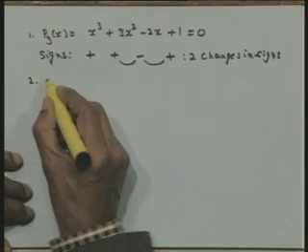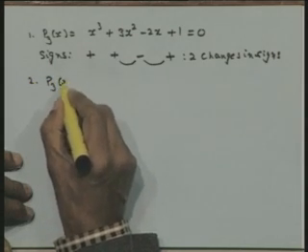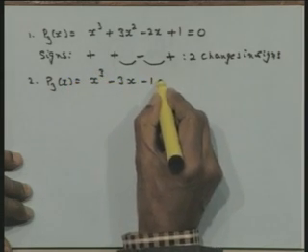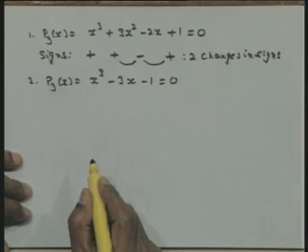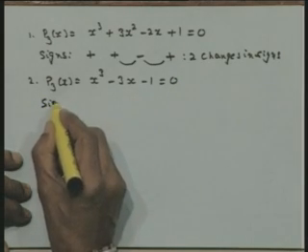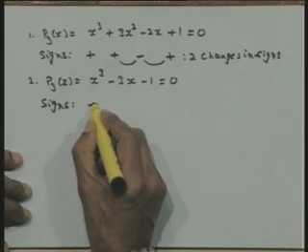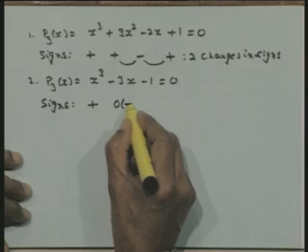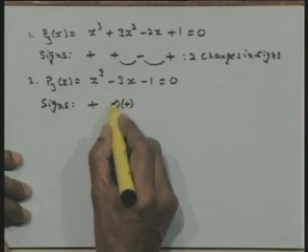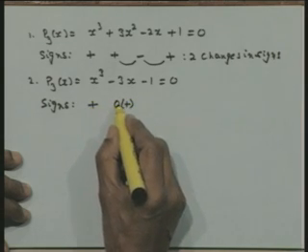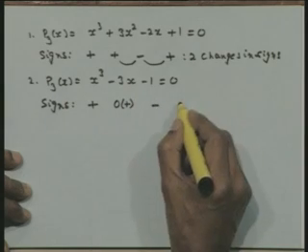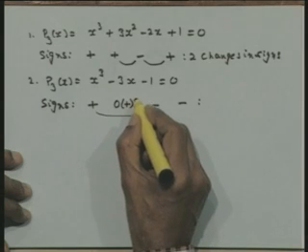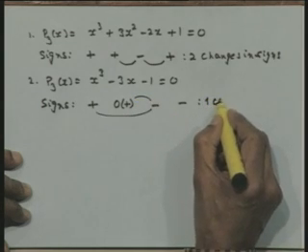Now, let us take a different type of example. Again, I will take a cubic polynomial x cubed minus 3x minus 1 is equal to 0. Now, let us again write the signs in this. So, I have a plus sign here, but x square is missing. So, I can put a 0 here and I can put a plus sign, so that the sign of the previous coefficient shall continue for counting. The next coefficient is negative, the next coefficient is negative. Therefore, I have here one change from here to here, that there is one change in sign.